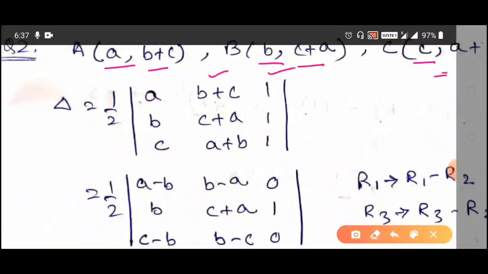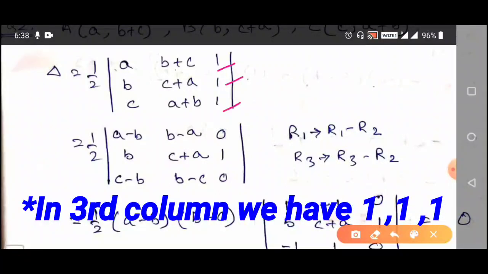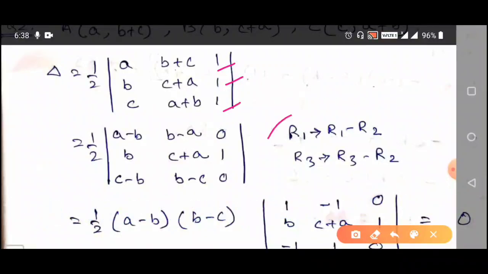So and the third column will contain 1, 1, 1 according to our formula. Here we will use some properties of determinant to make the element 0. So since in row 3 we have 1, 1, 1, we can make this element 0. So here we have written row 1 is replaced by row 1 minus row 2. So after doing this operation we have A minus B, B minus A and 0 in row 1, and row